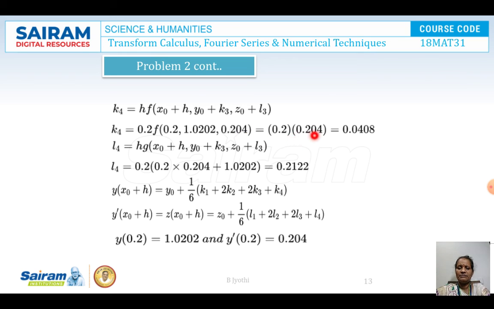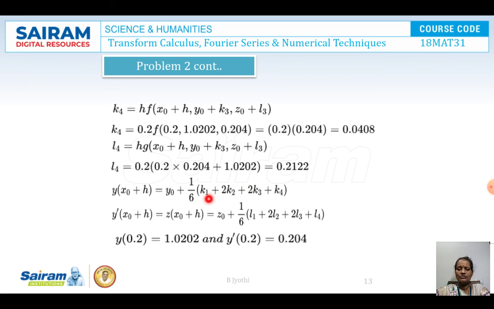Now, on simplification, we are getting K4 value is 0.0408. Next, L4. L4 is given by h into g of x naught plus h, y naught plus k3, z naught plus L3. On substitution of the values, we get